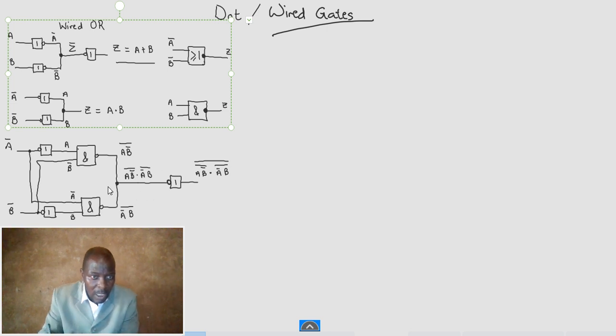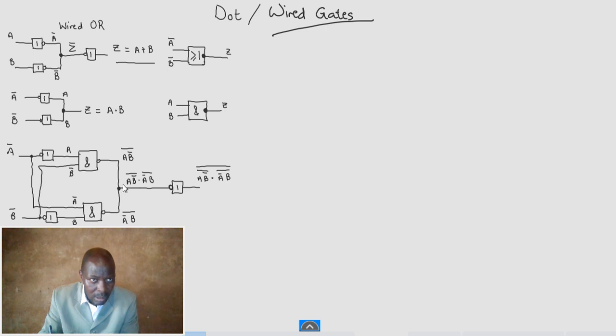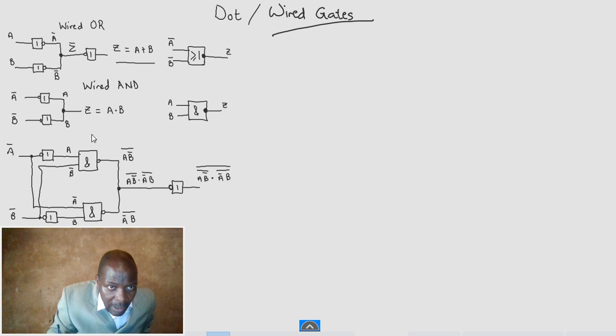I did not give this a heading. Wired O, this was a wired end. I actually didn't name my things correctly. I did not mention the wired end here. This is wired end. I only named the wired O. There is the O, there is the end, and then this is the what? Exclusive O,